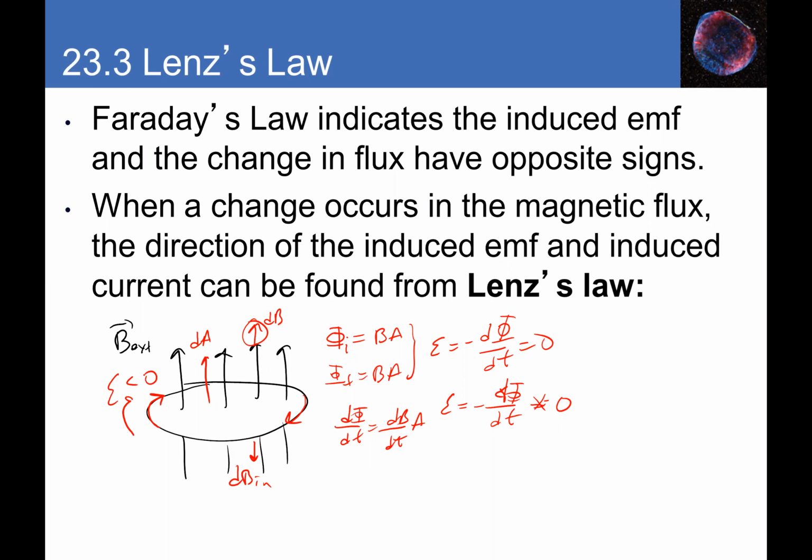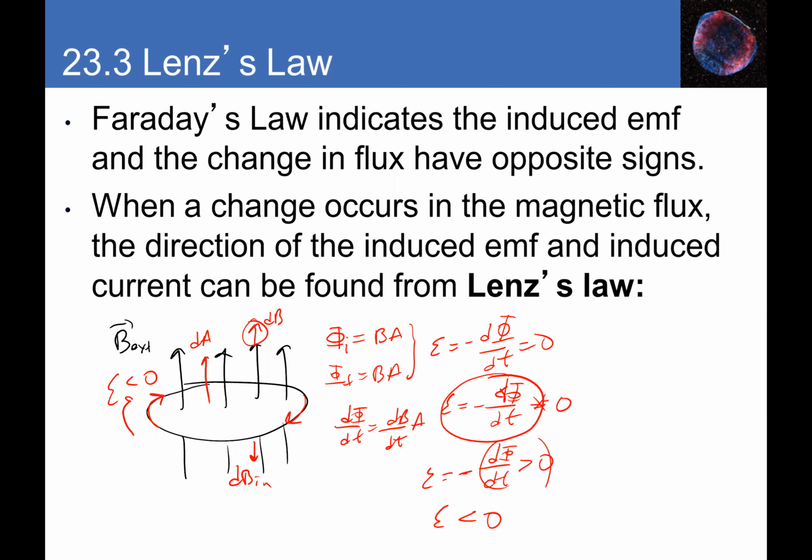Why is EMF negative? Because the current here is clockwise, and remember, clockwise is technically negative. Counterclockwise would be positive. So if I come back to this equation, you can see my change in flux over time due to the external source is positive because my flux is increasing. And EMF has to be negative, so that's why we have that negative sign. So if this is positive, EMF then will be negative. And we can see that from Lenz's law. EMF is in the same direction as the current,